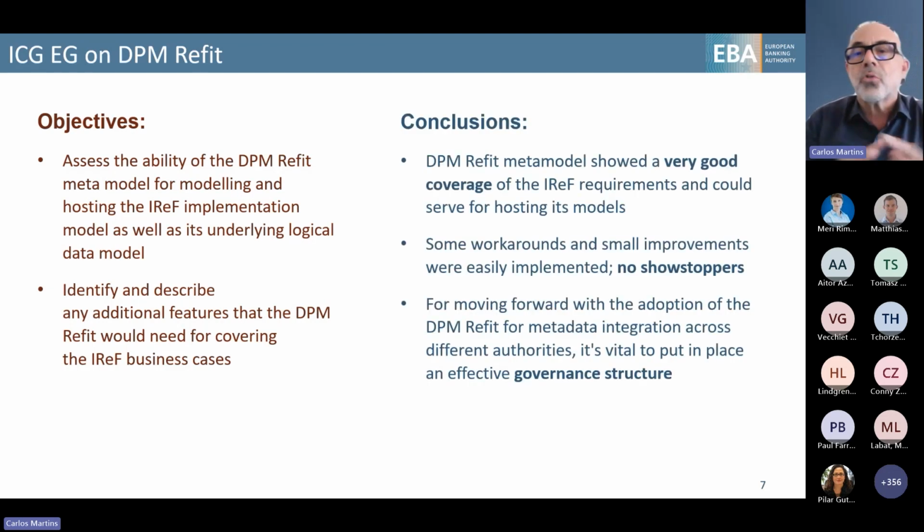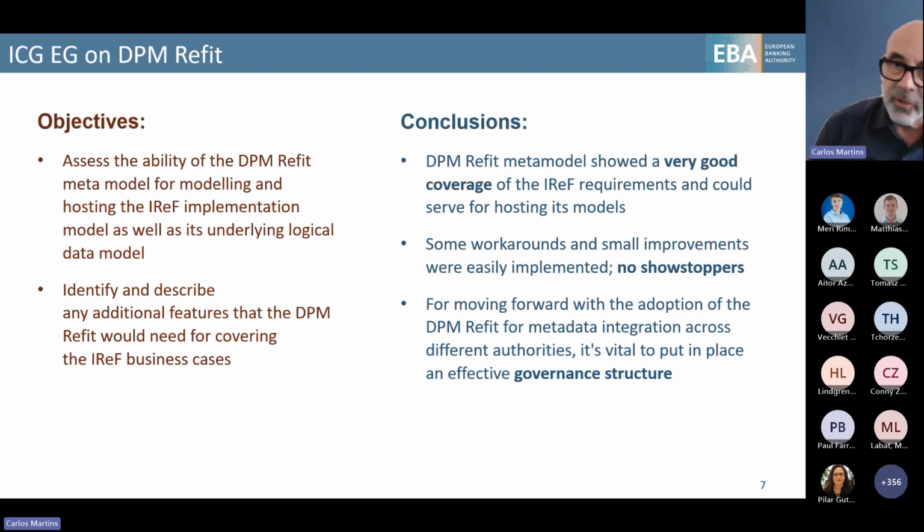The conclusions after this work, which also included a POC using some specific examples to see what the result would be, showed there was a very good coverage of the IRF specific requirements. The DPM Refit metamodel can be seen as a very good candidate for hosting the models of IRF.